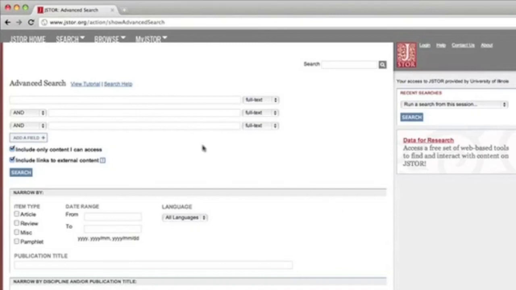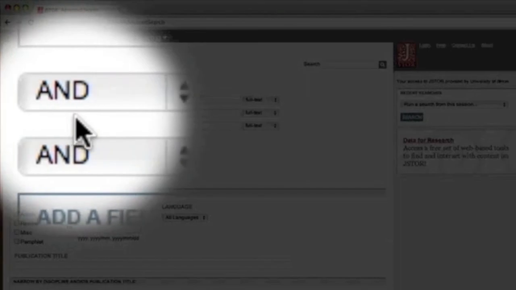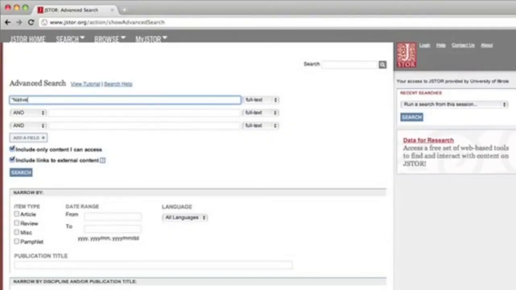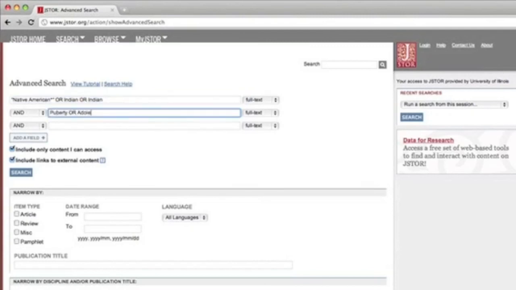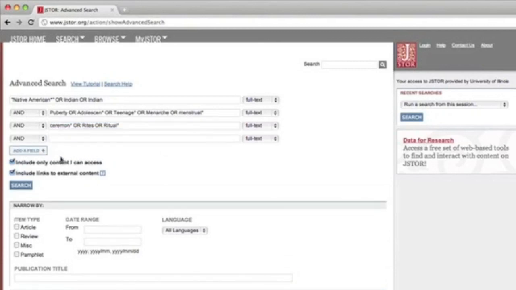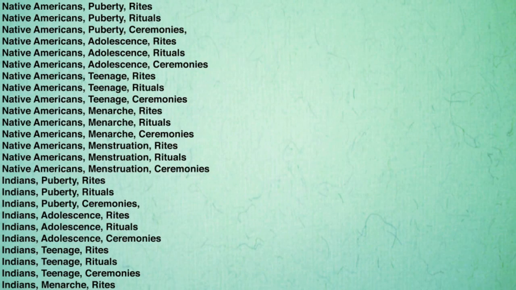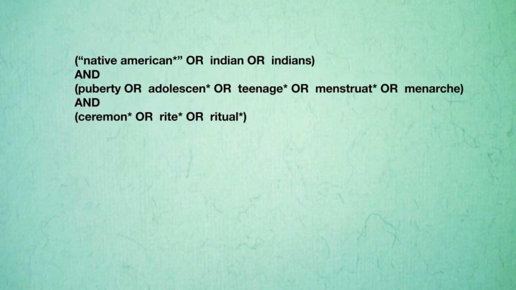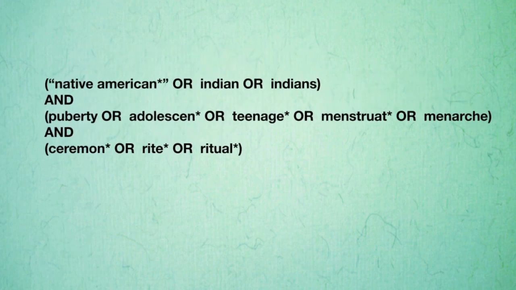If you look at a typical library database like JSTOR, it should become clear how library databases are designed to accommodate Boolean searches. The AND operators are already in place. The search terms for my first facet, linked with OR operators, go in the first box. The search terms for my second facet go in the second box, and the search terms for my third facet go in the third box. If I had more than 3 facets, I would add another search box. This third search technique enables me to search every relevant combination of my search terms using a single query. These are the 3 techniques you will need to search library databases,